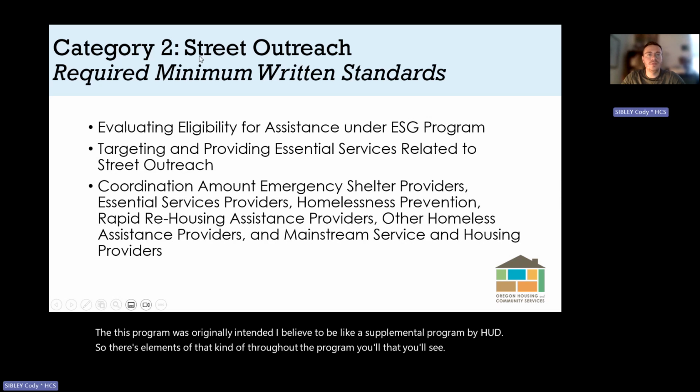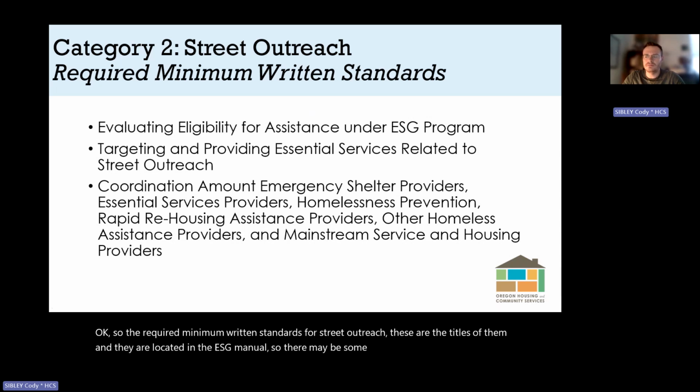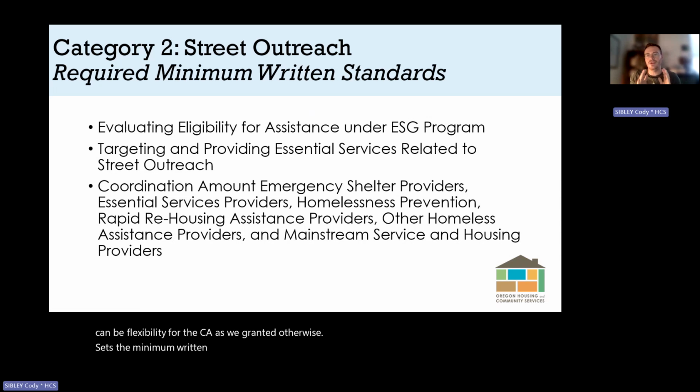Okay, so the required minimum written standards for street outreach, these are the titles of them, and they are located in the ESG manual. So there may be some flexibility in there. Where there can be flexibility for the CAAs, we grant it. Otherwise, OHCS sets the minimum written standards and says, if you're going to accept this program, these are the standards that you need to follow. So the title of the first one is Evaluating Eligibility for Assistance under the ESG program,